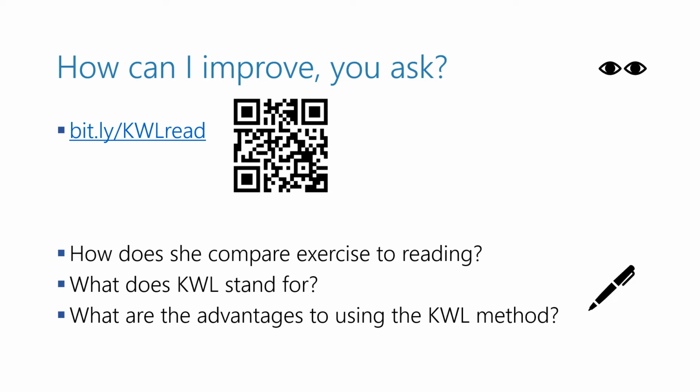How can I improve, you ask? Well, one way is by opening the link or scanning the QR code. So you've got the link KWL Read. This will take you to a video, but before you do, please copy the questions that you have on the